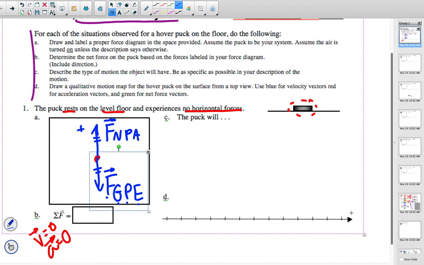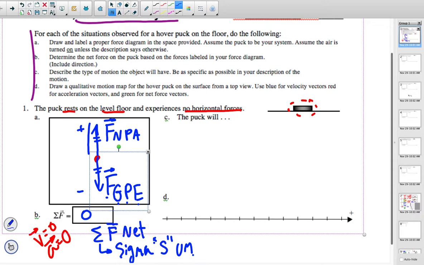And if this upward normal force is exactly the same size as this downward negative force, when we added these two together, the sum of those forces would be 0. So the net force, or sum of the forces, would be 0. And again, we talked about this in class already, but sigma F means net force. The sigma is a Greek letter for the letter S. And just like we use D for delta, which means the difference, this means the sum of the forces. So we have to add them up. So this big of an upward force plus this big of a negative force, the sum of those two things